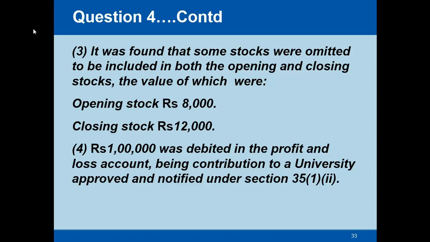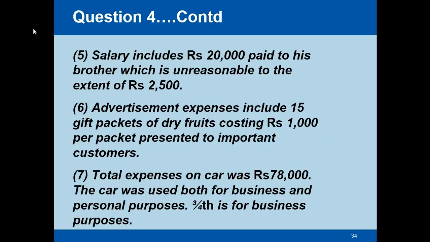The fourth point says that rupees 1 lakh was debited to the profit and loss account as a contribution to a university approved and notified under section 35(1)(ii). The fifth point says that salary includes rupees 20,000 paid to his brother, which is unreasonable to the extent of rupees 2,500. Point number 6 says advertisement expenses include 15 gift packets of dry fruits costing rupees 1,000 per packet